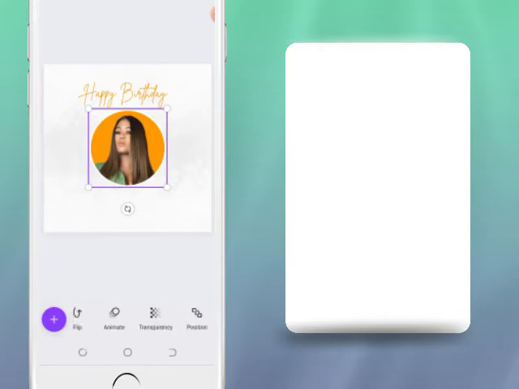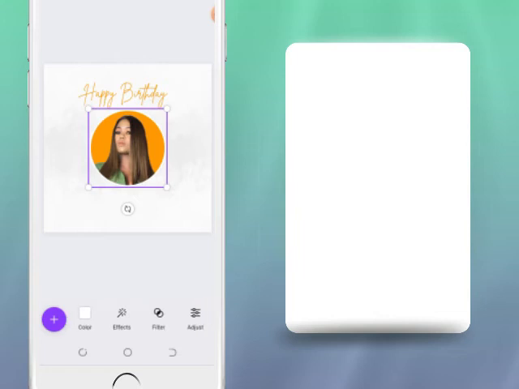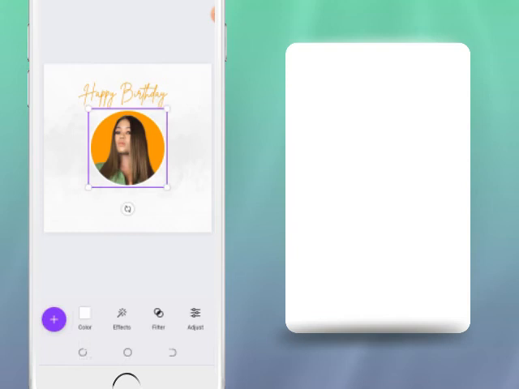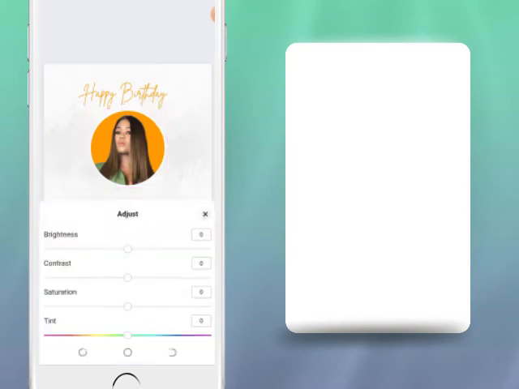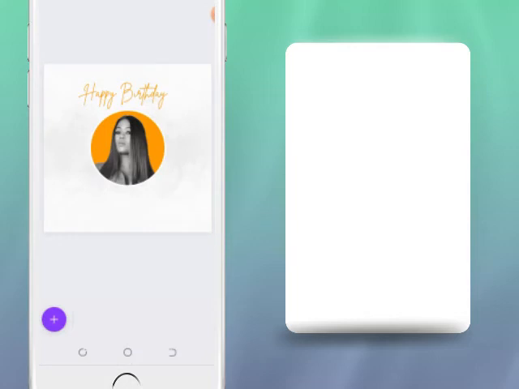So I'll go to, note that I actually click once again on the image. But this time the effect I want to do doesn't affect the background. So I'll click once on the image and go to adjust, then reduce saturation to the lowest to make the picture dark. If you like, you can leave it depending on what you want. So now